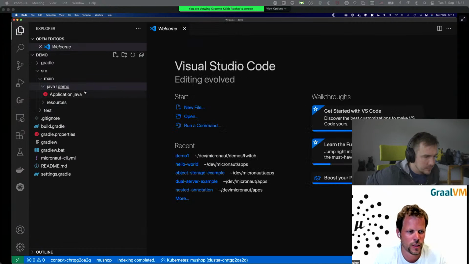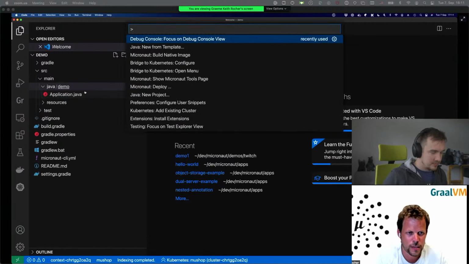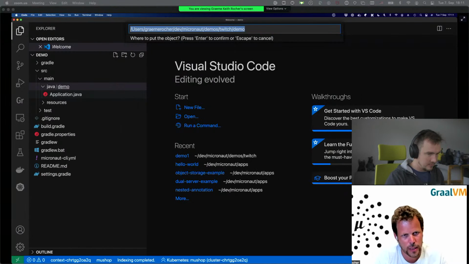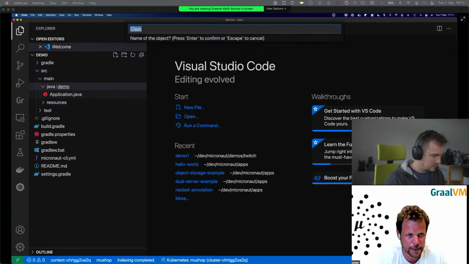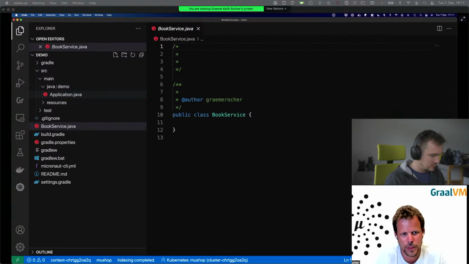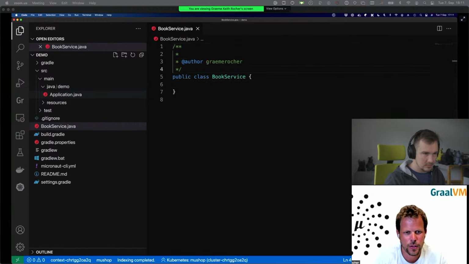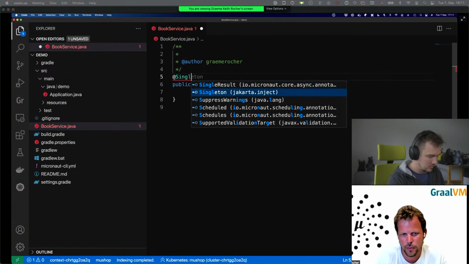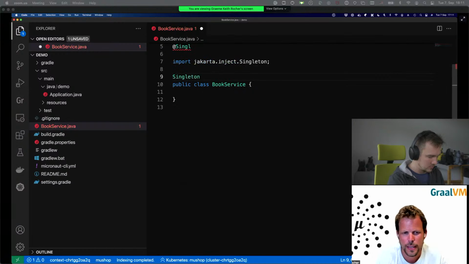So for example, if I were to create some kind of Java class here, let's call it BookService, whatever. This is just a plain class at this point, but when you annotate anything with Micronaut, and as you can see with Micronaut 3, we're getting the jakarta.inject annotations instead of the javax ones. So when I annotate that on my class here,